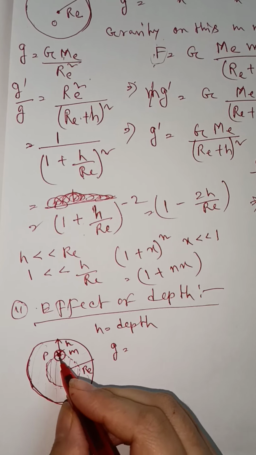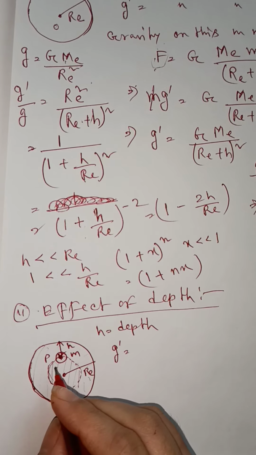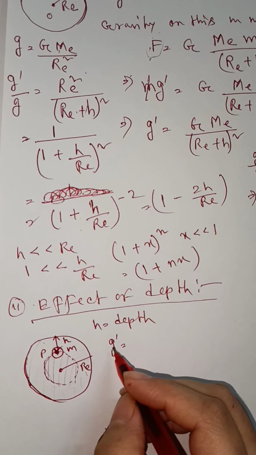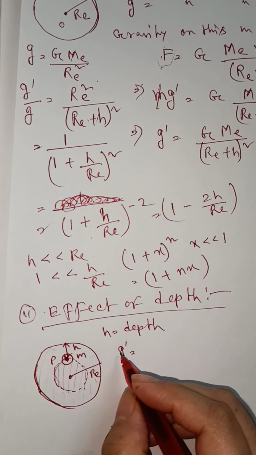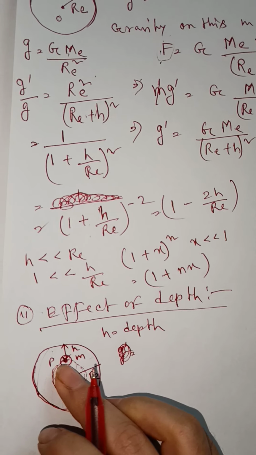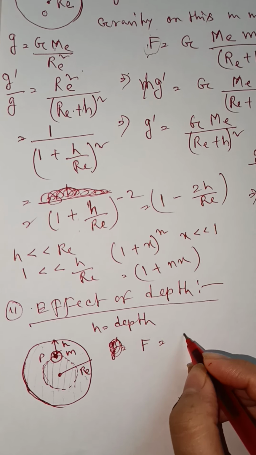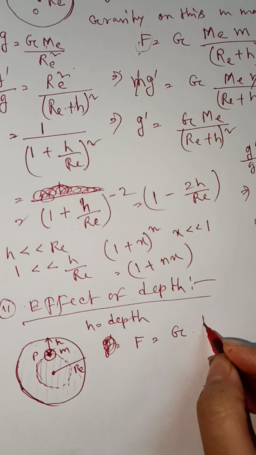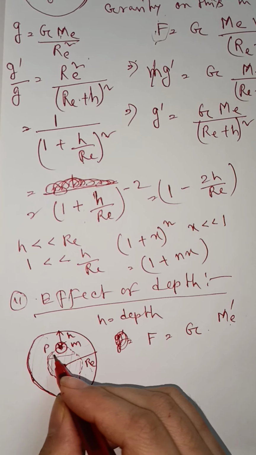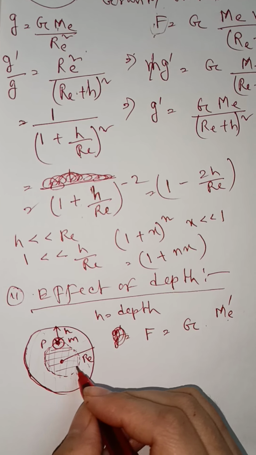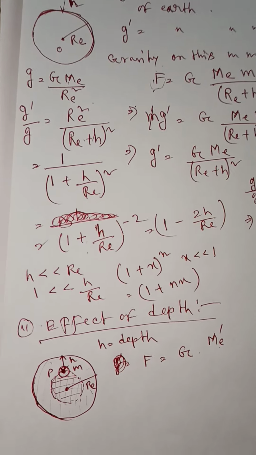right? So here I am assuming that G dashed indicates gravitational attraction at point P, the acceleration due to gravity at point P. So now force on this M mass equals capital G into ME dashed. Why ME dashed? Because here we have to take the mass of this part only, not the whole body, not the whole earth,